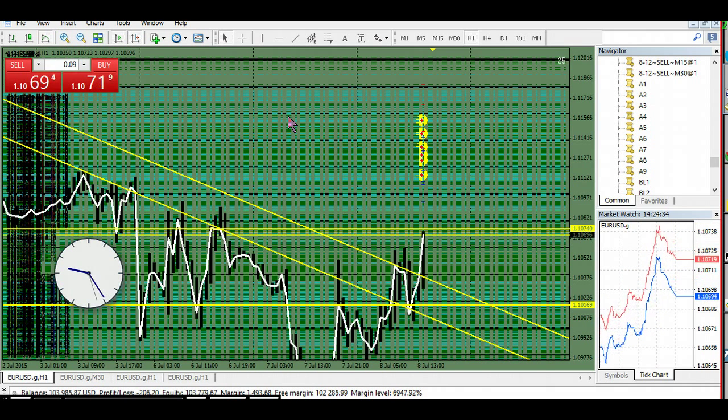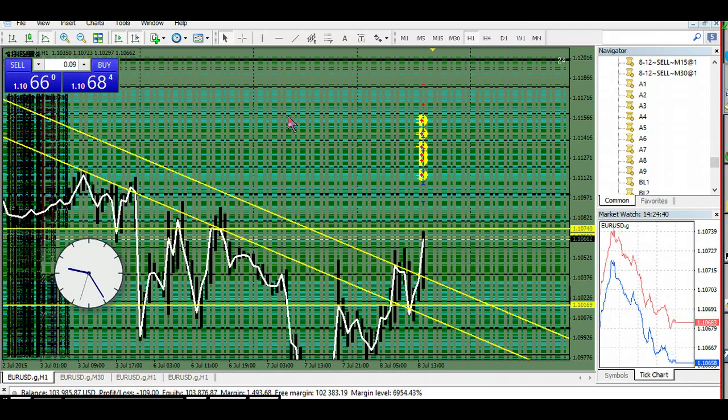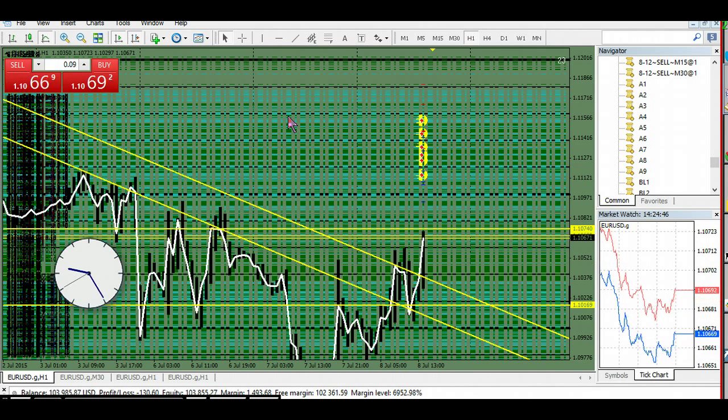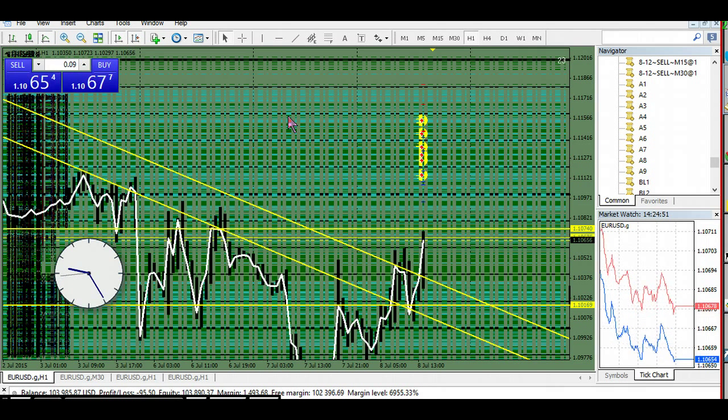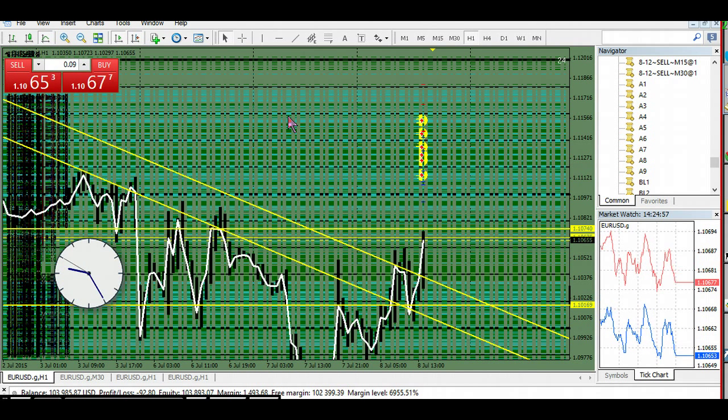Oof. Oh, $1,400 of margin. Down $130. That's not good. That's not good at all. Okay, $1,400 of margin. I should make $1,400 on this thing, according to my rules of margin and profit. I don't know what that comes out percentage-wise, but